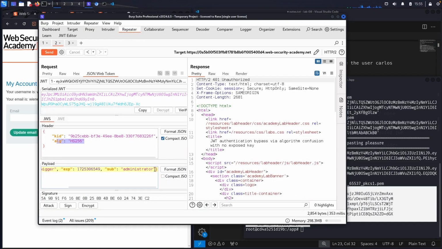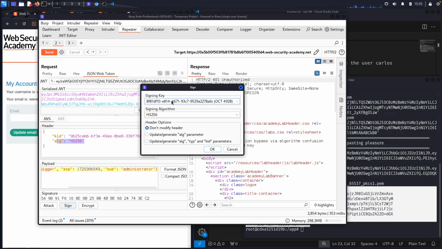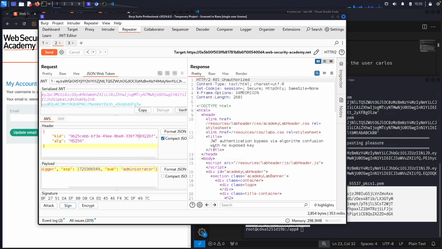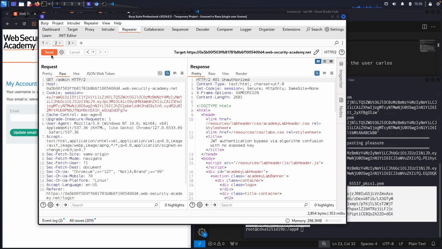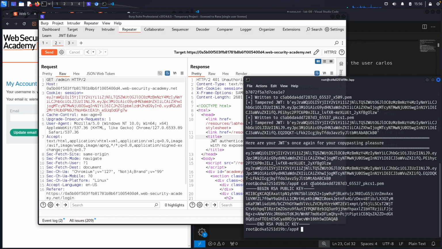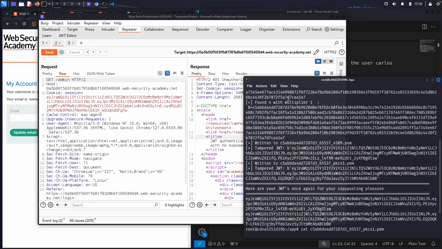This is administrator, and this looks good. Let's sign it with the key that we just generated. Click OK, go back to raw and hit send. And it's still a 401 unauthorized, which does not make sense. So if we go back,